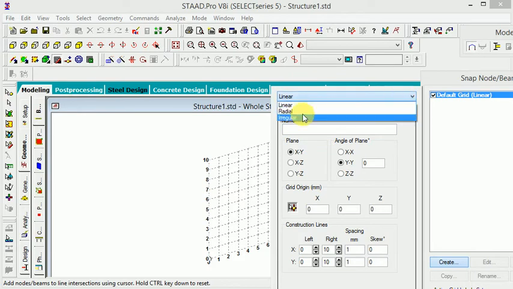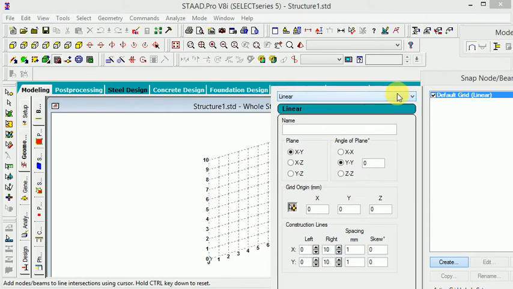If you want radial or angular, we have that selection, right, but this time choose the linear form. Here is the plane selection. This is 0 in the y direction, 0 in the x direction, so xy plane, and the angle plane is there. Select how many grids you want, and just calculate.